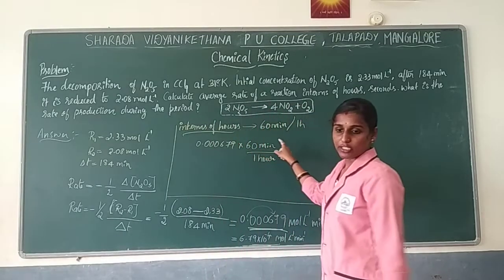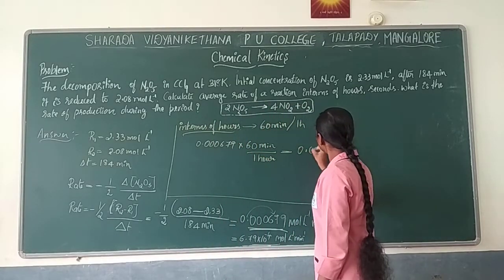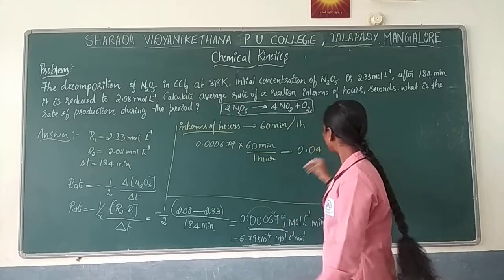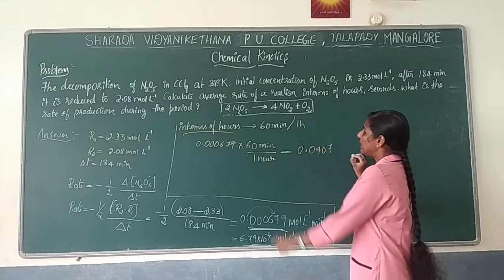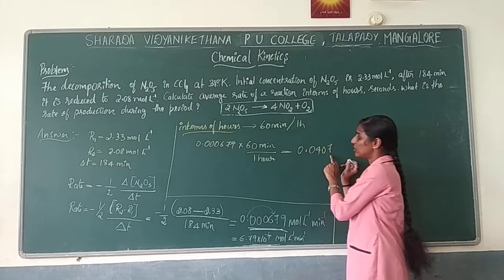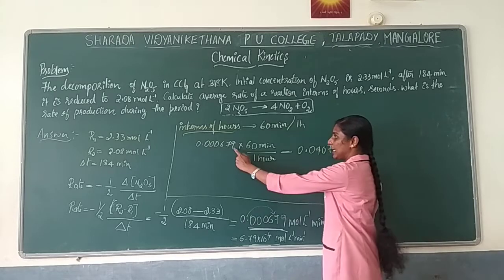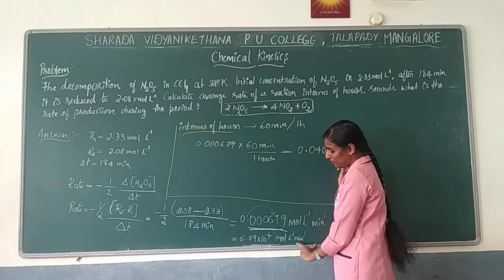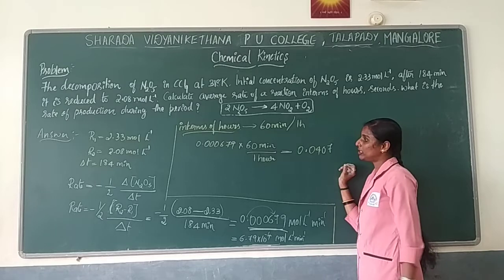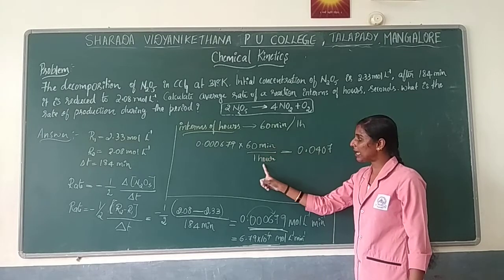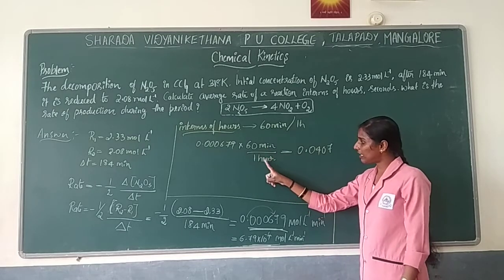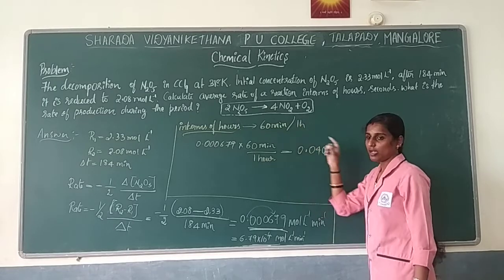When you do the multiplication, the answer will be 0.0407. You have calculated, right? The value will come in this way, 0.0407. Okay, the unit you write for this will be mole per liter per minute. Again, here minute is there as well as 1 hour, so you can take this 1 hour up. So the unit will be